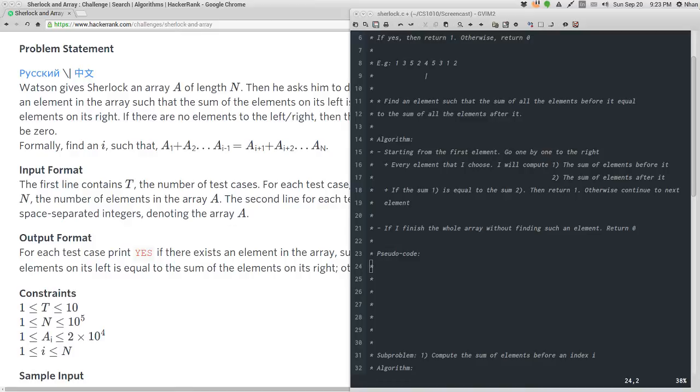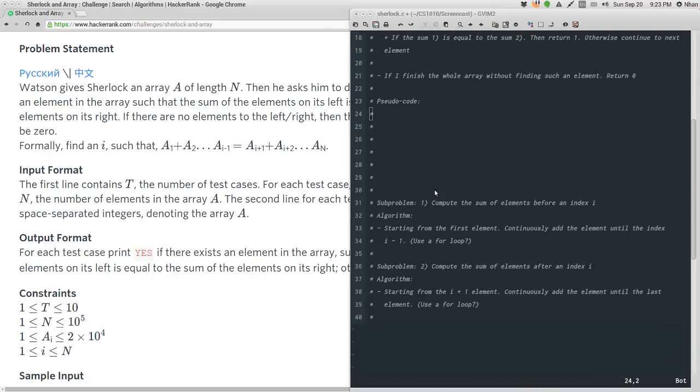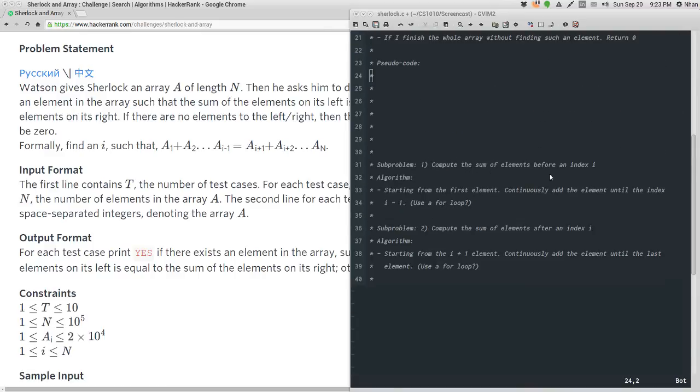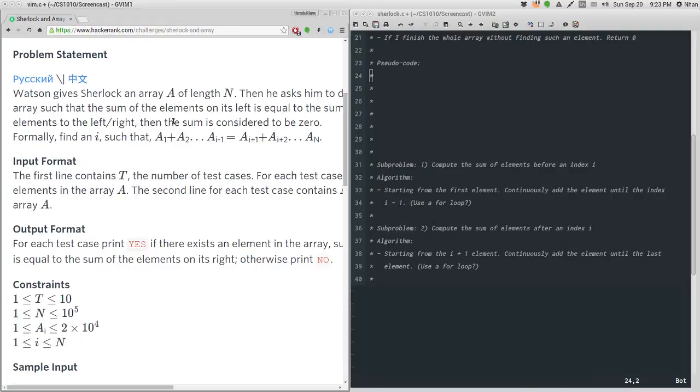That's correct. So there's a question: is the first element you mean array 0? Yes, that's correct. So if you notice, there will be a corner case. For example, what if the chosen element to be 0? Then what will happen? Well, according to the question, you can see over here, they say